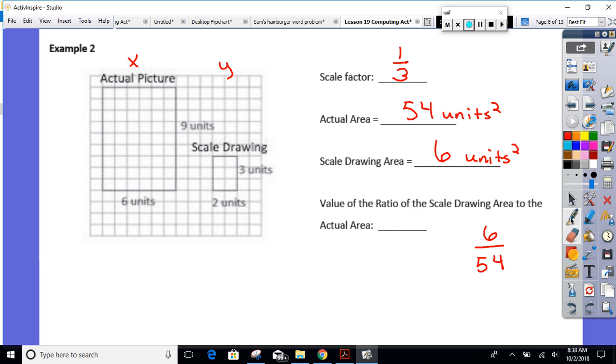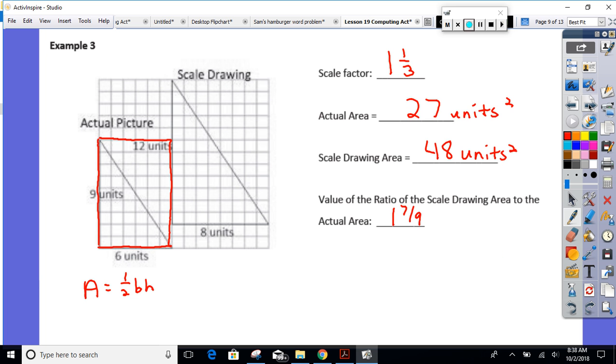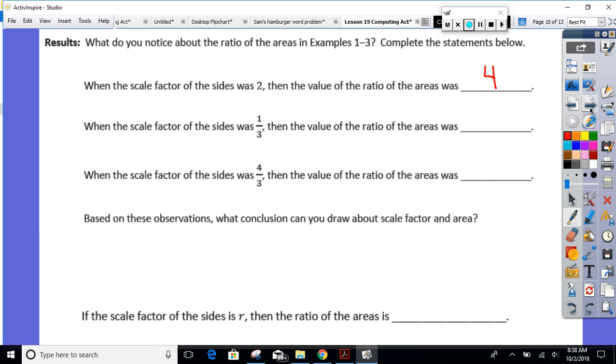Yeah, sorry about that. I missed that. Okay, so that's 1/9 because it's smaller, right? The area is smaller, so it needs to be a fraction. Can't even blame that one on Monday. Okay, so the ratio of the areas was 1/9. And then when the scale factor of the sides was 4/3, they're keeping the improper fraction here because it's a little easier to see. The value of the ratio of the areas was,